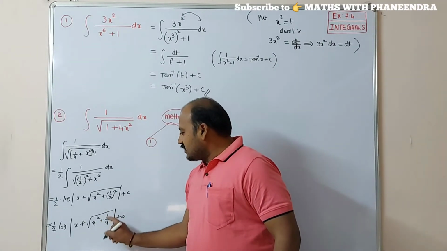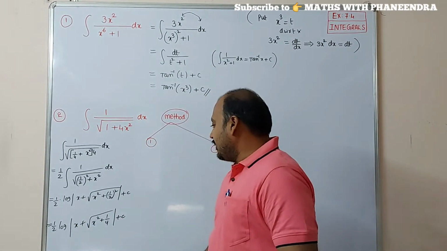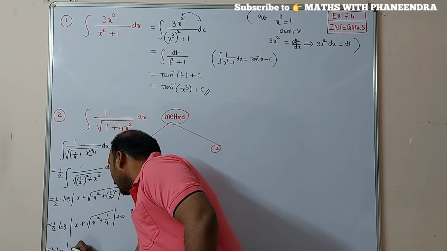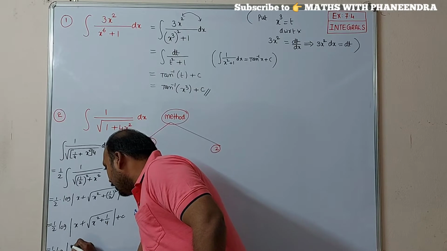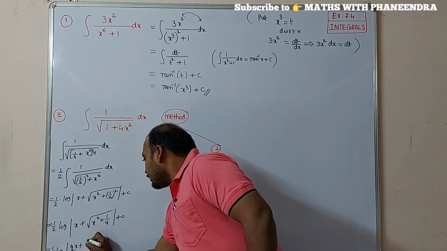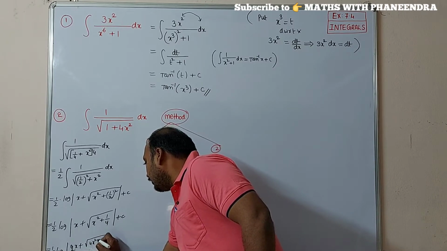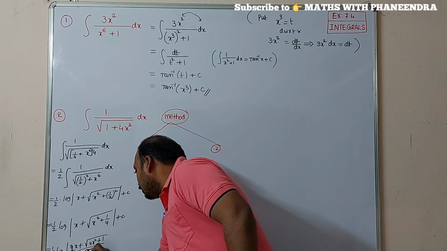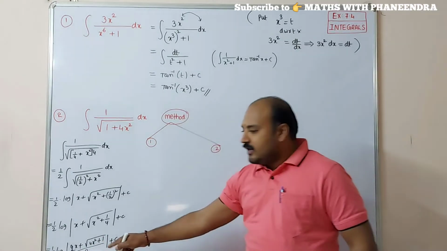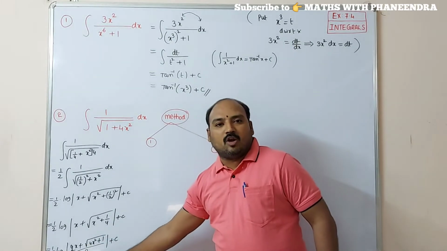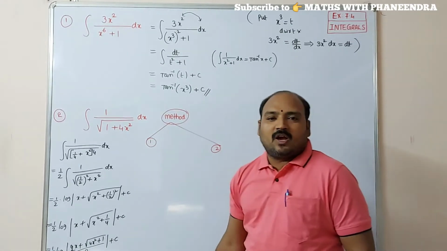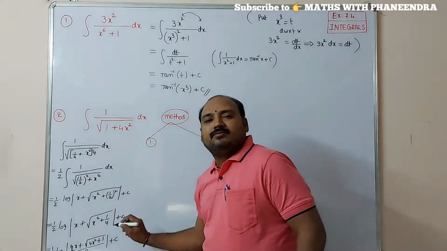So 4x square plus 1, 4 we can take it here. We can take 1 by 2 log mod, 4 we can take outside now, it will become 2: 2x plus square root of 4x square plus 1 divided by 2 plus c. Even if you want to remove 2 in the denominator, log a minus log b, that log 2 also we will consider as c. Ultimately the answer will come. Otherwise no need, we can stop here also.